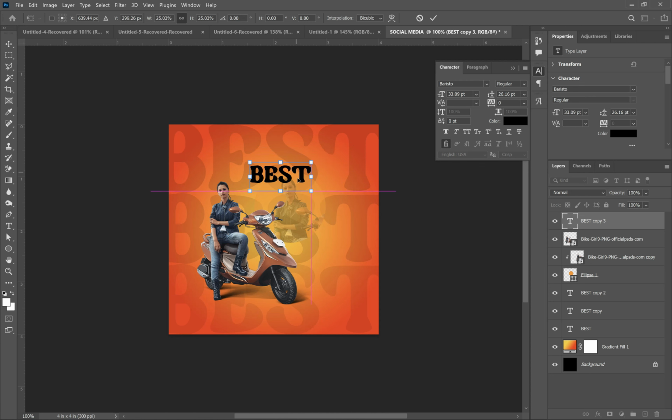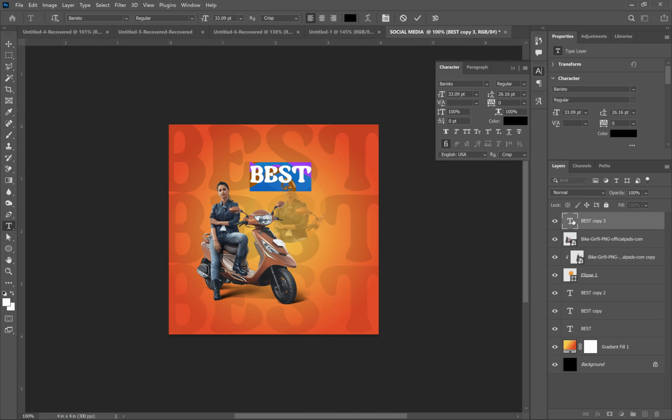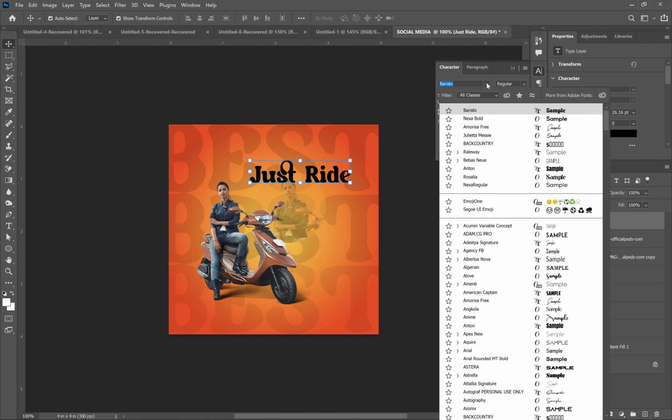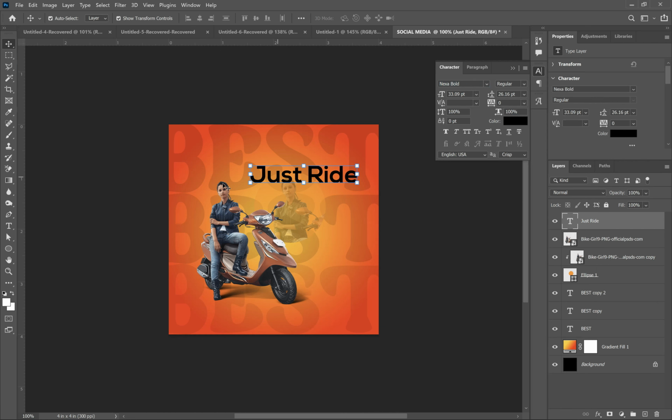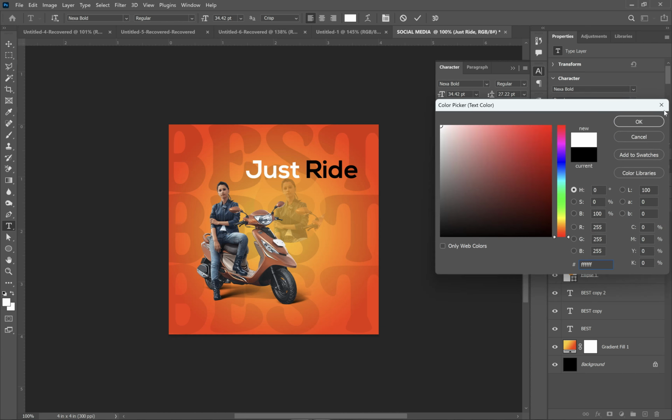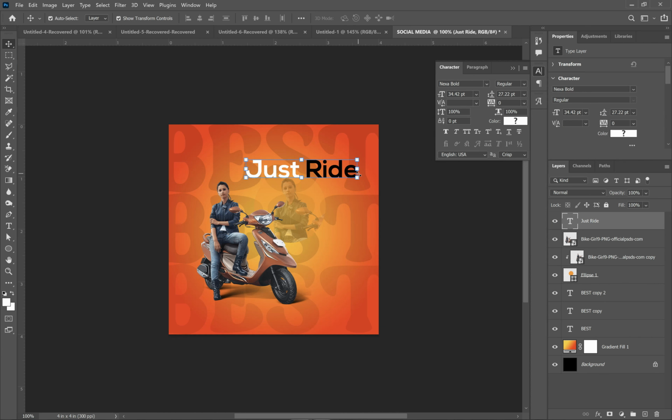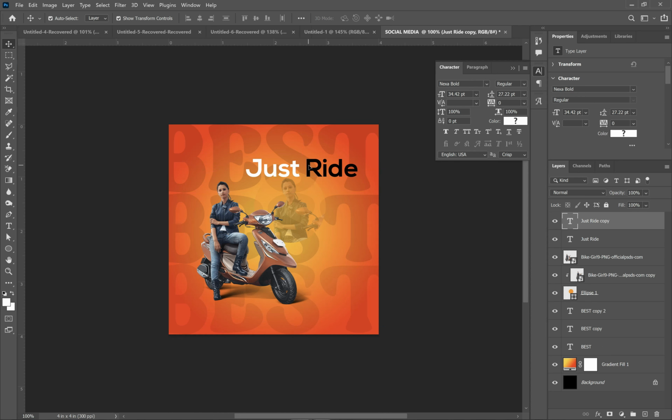So first I will just type "just right" like this, and I will change the font to Nether Bold like this. Now position it very well like this. Perfect. So now that I have this, I will just change the color to white, just to get that nice, catchy design. Yeah, like this. Perfect. So now the next thing I have to do is to duplicate this by holding Ctrl+J on the keyboard and then dragging it a little bit downwards,